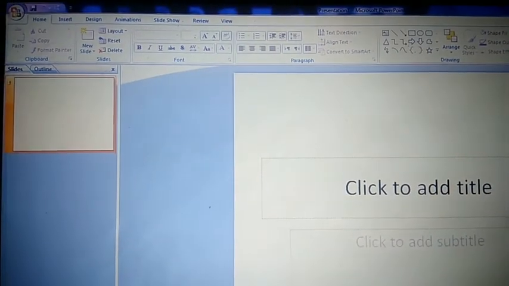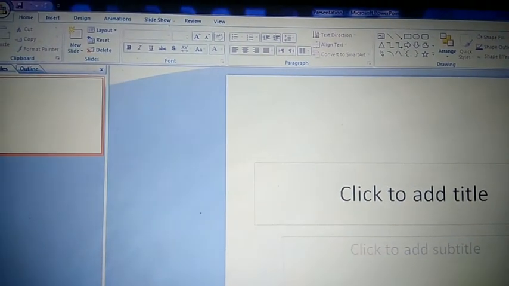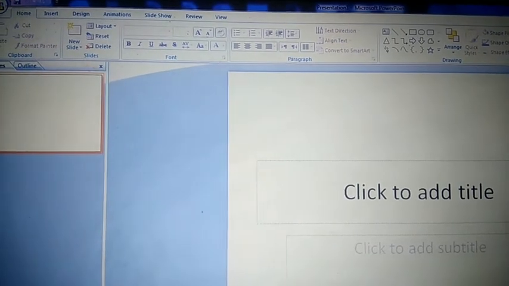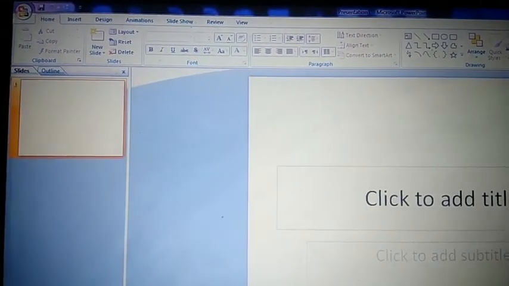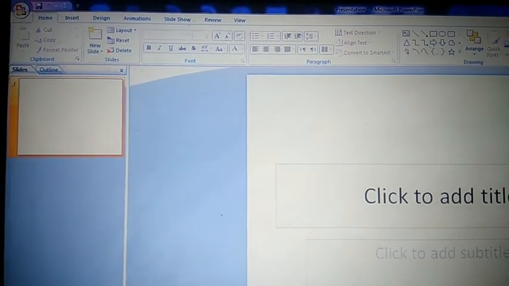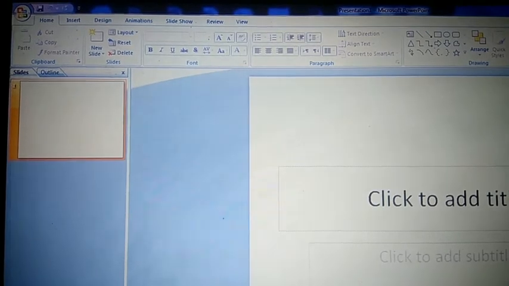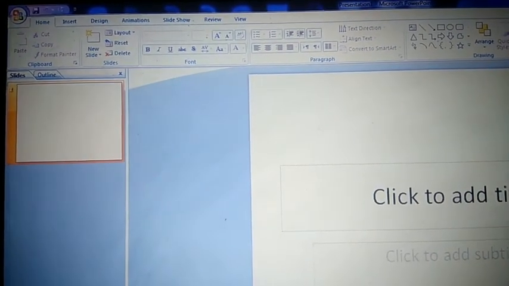Class 6. First of all, today we are going to start a practical related to PowerPoint advanced features. Students, today we are going to start a practical of using a theme according to templates, and changing theme color, changing theme font, and customizing a theme.